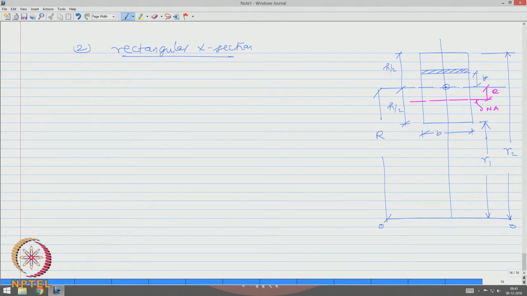Let us say this distance is V from here and this thickness is, let us say,